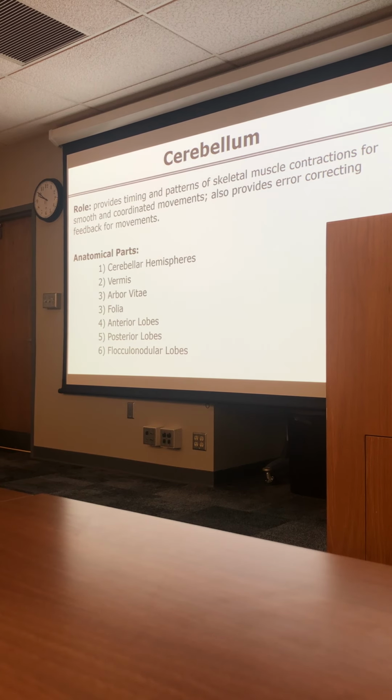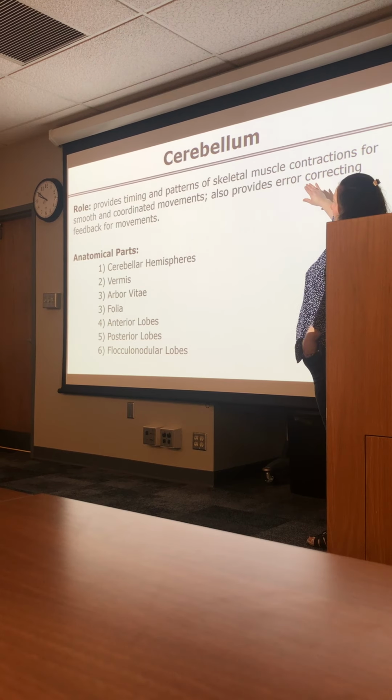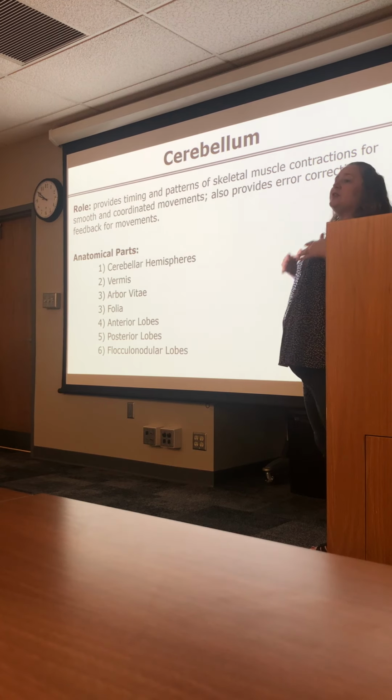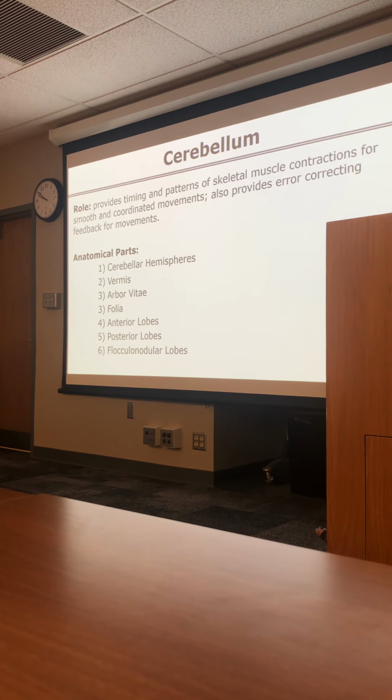And so the way to think about this is it's divided into these two pieces. So we're seeing precise timing and patterns of skeletal muscle contractions. When you walk up a pair of stairs, do you think about, okay, now I have to contract these muscles, now I have to contract these muscles? There's a pattern that gets set down early when we start walking and going upstairs, a pattern that's automatically set, and that pattern is set in the cerebellum. So obviously, the cerebellum is going to have communications with the primary motor cortex and the frontal lobe to activate certain neurons to say, now you're going to contract, now you're going to contract,